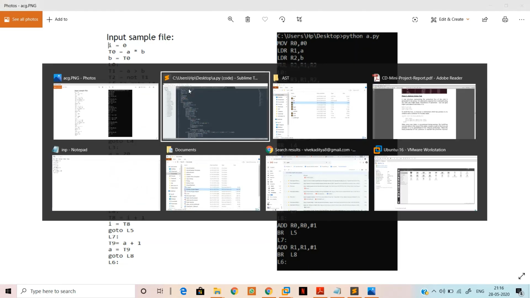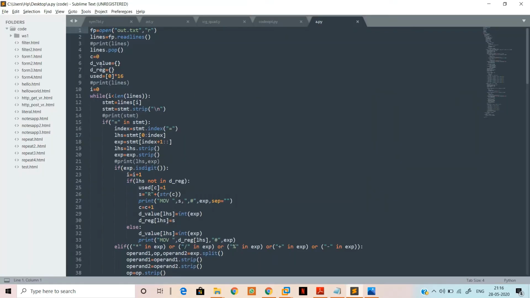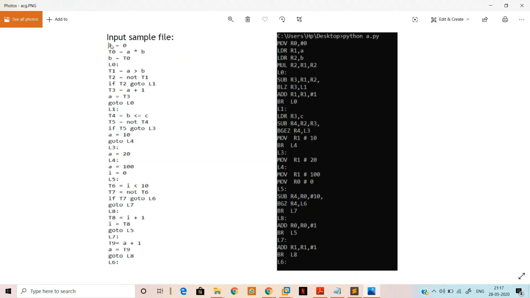I have maintained a dictionary which maps variables to the registers they have been allocated. So initially, we have i equal to 0. We have allocated variable i to R0 in the dictionary, and since it is a constant, we have used #0.